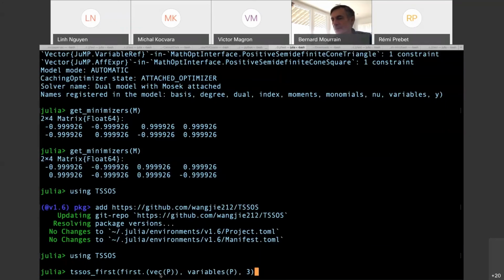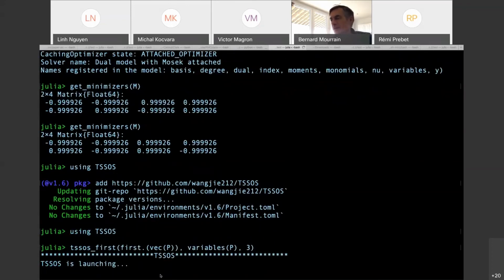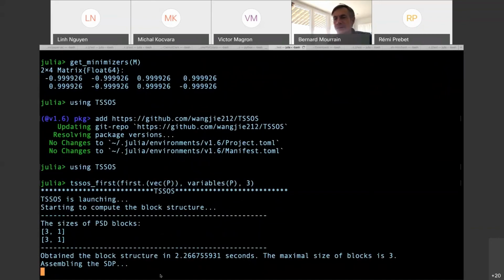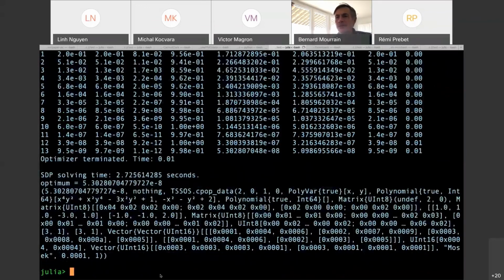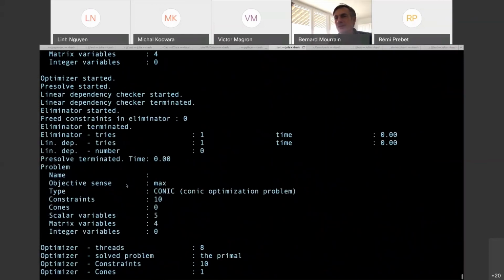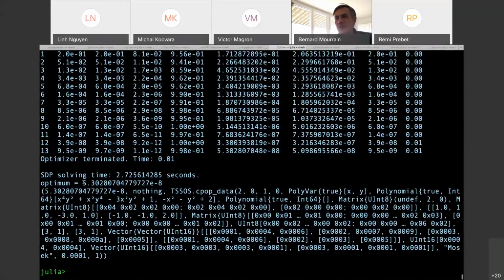The variables, the order of relaxation, I think, and then it's starting and running, and it will give the minimum, so solving the SDP. So here we also guess that in fact Mosek is running behind. You see, it's the same output for the SDP solver, and the optimum is given here with this value almost 0.